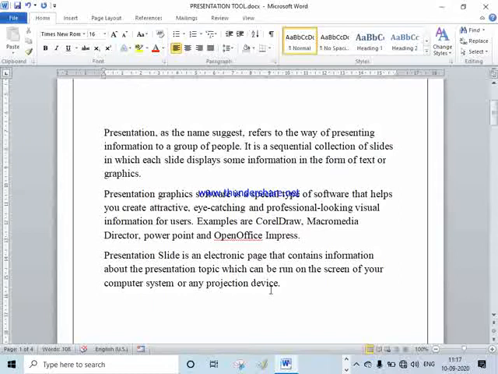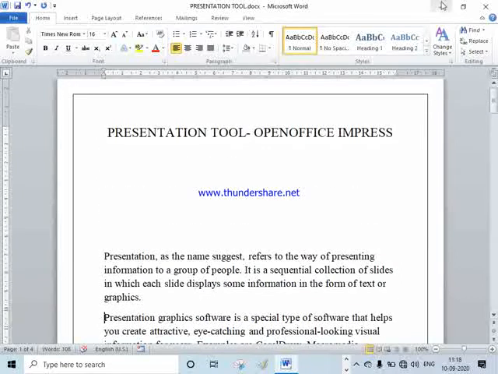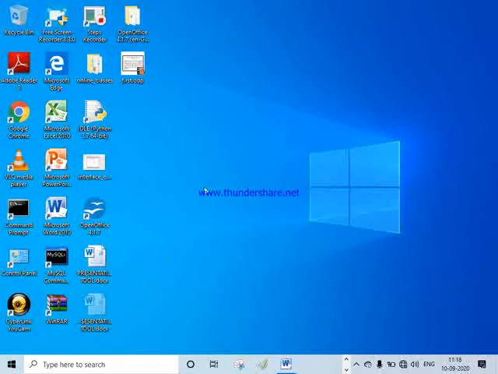You can run this presentation on the screen of your computer system or with the help of a projector. So let's have a look at the presentation software on which we are going to work, and that is OpenOffice Impress.